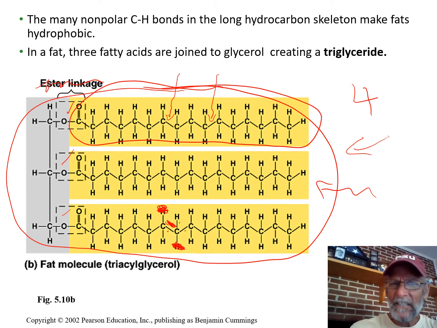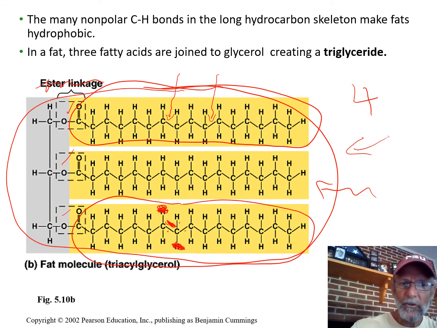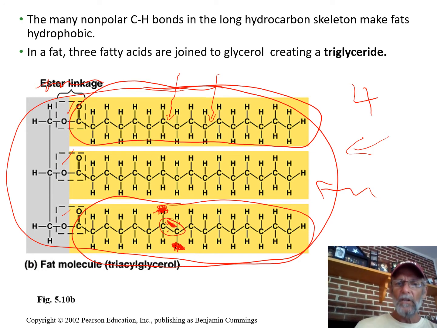What is it saturated with? Hydrogens. It holds as many hydrogens as it possibly can. That's what the word saturated means. But this one that I've modified is an unsaturated fatty acid. It doesn't have as many hydrogens as it possibly can because it's got this double bond. And these hydrogens had to go. So